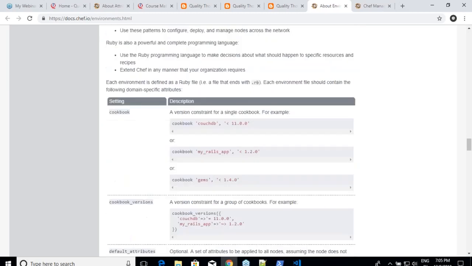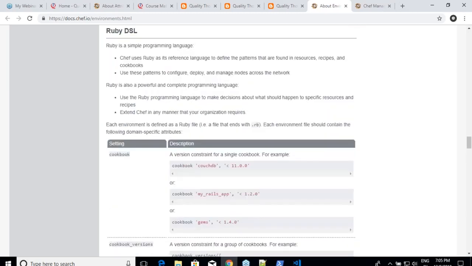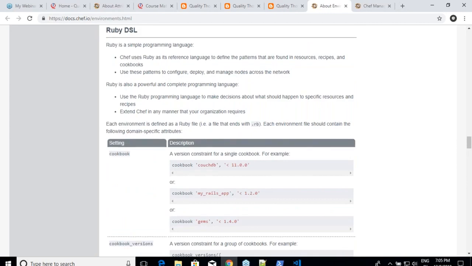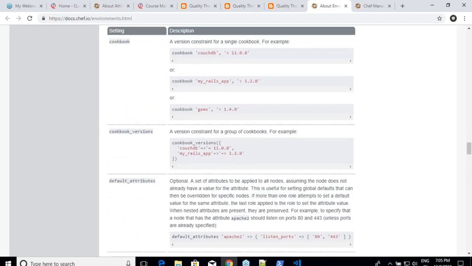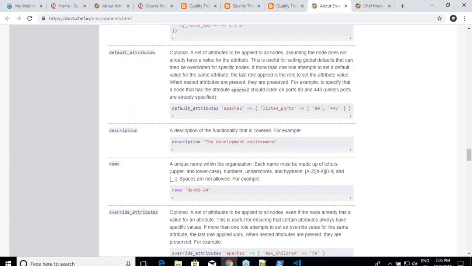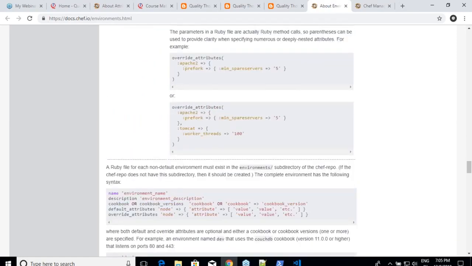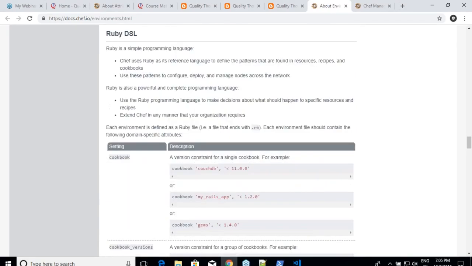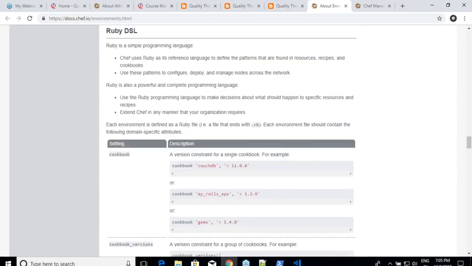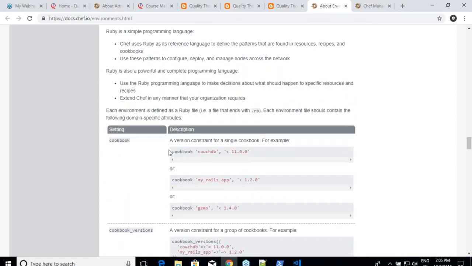All right. So whenever you are writing an environment, you will have the following formats: cookbook, cookbook versions, default attributes, description, name, override attributes. And the structure might somewhat sound like it. Now let us look at what these things are before getting into it. Whenever you write some statement like this, cookbook, couchdb, less than